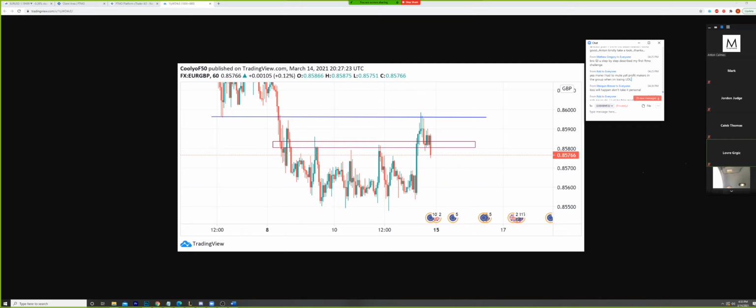Or if you're watching a YouTube video and you see someone looking at demand and supply zones and trading them perfectly, you're like, I can do this. This is so easy. And then you start funneling into that. Even without them actually trading, you start funneling into things that you see. You start looking at your own charts. You see anything that looks like anything you've seen in the past, and you're like, oh my God, this will work. I can't miss this. I need to get in. Same thing happens, right? So whether you're in a group or not, you're going to have this happen one way or another.